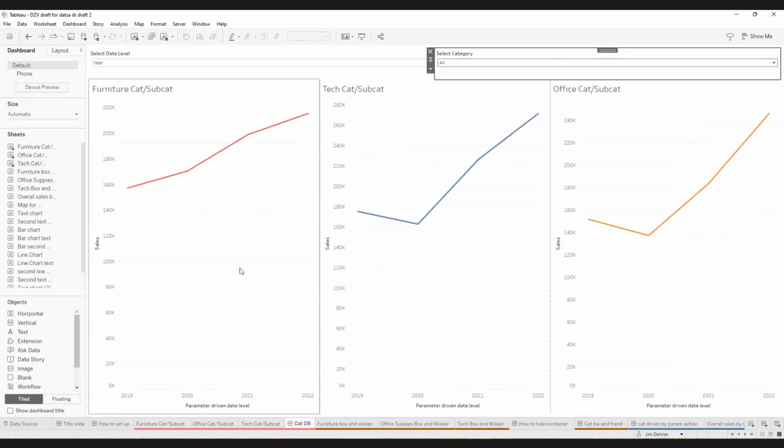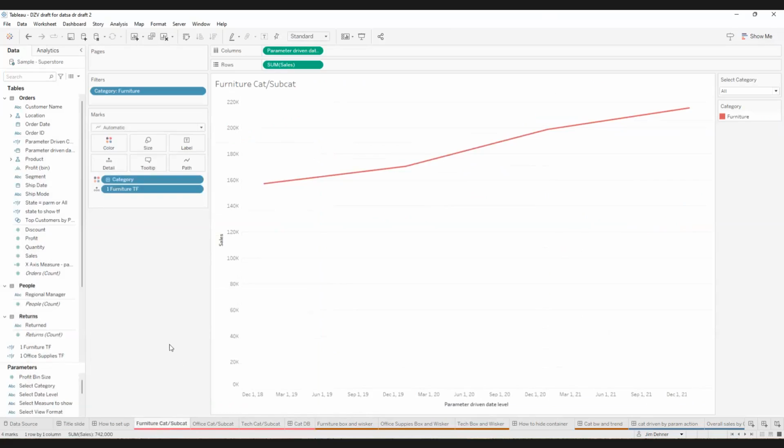And you're going to say, well, that's just like a sheet swap. And yes, it is. And we're going to use that. I'm going to show you how this is done, and then we're going to build upon it. Well, the first thing we have to do is create each one of these sheets individually. And when we create each one of these sheets, I just use a simple date axis, and I've just put sales on it. But I also put in this trigger. And the trigger here is defined